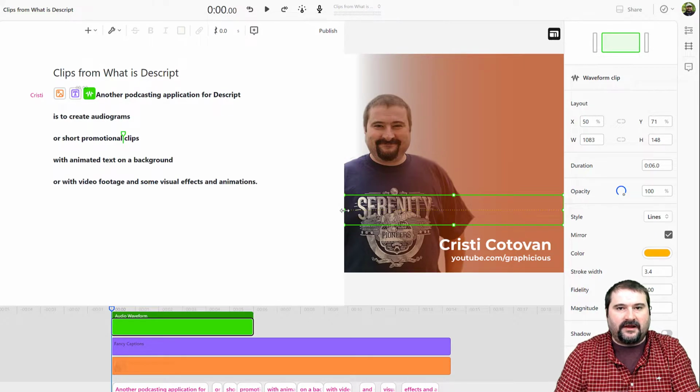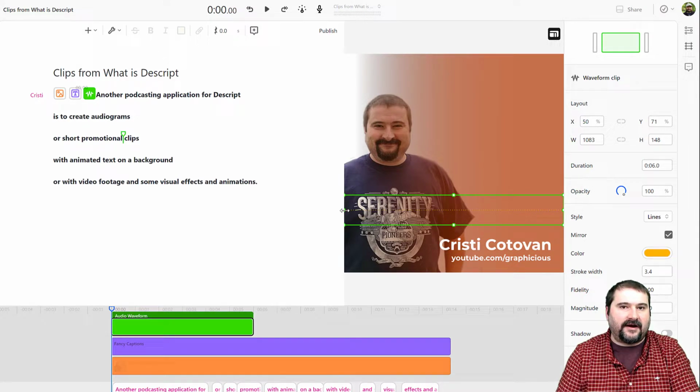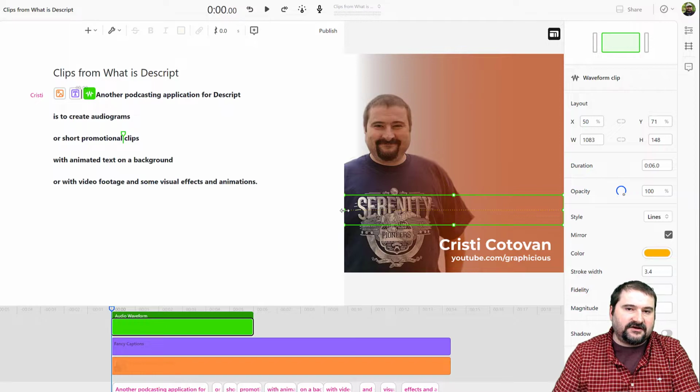And what I like about Descript is if you have to design more of these in one go, it doesn't yet have templates for things, which would be nice, and I think that's a feature that a lot of people are asking for, but it does remember the position and the properties of elements that you've placed. So next time, I'm going to show you in a minute, I'm going to create another audiogram much faster because I'm already defining the placement and the properties of these elements right here. But then on the next one, it's going to remember these and just place them where I placed them now. So watch what happens here again.